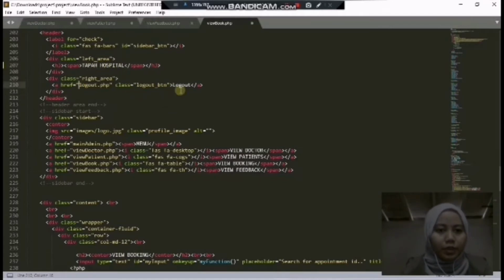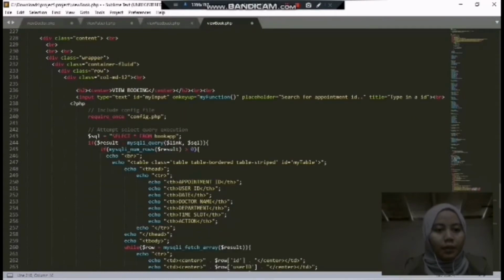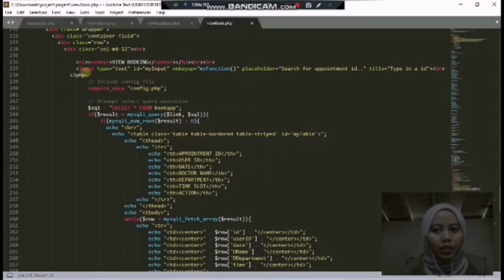Okay, then we have the logout button, view doctor, view patient, view booking, and view ticket, and also the menu button in the sidebar. Okay, for the view page, we have a search input. Yeah, we can search the ID. We can search the booking